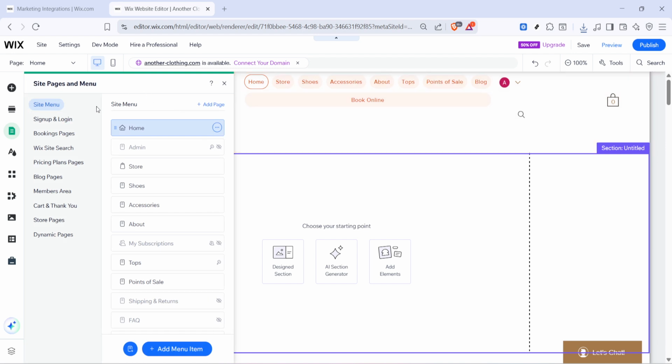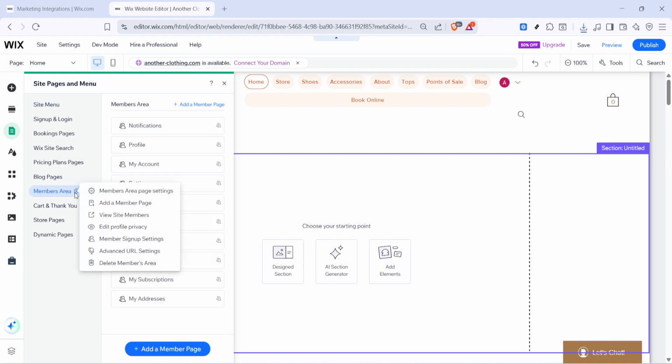Inside the Pages panel, find the section labeled Members Area. If your site has member features turned on, you'll see it listed there. Hover your mouse over Members Area to reveal additional controls, then click the small settings gear icon that appears. This gear opens options specific to the Members Area, so you can manage or remove it. A quick tip: if you don't see Members Area listed, that means your site doesn't currently have it installed, and